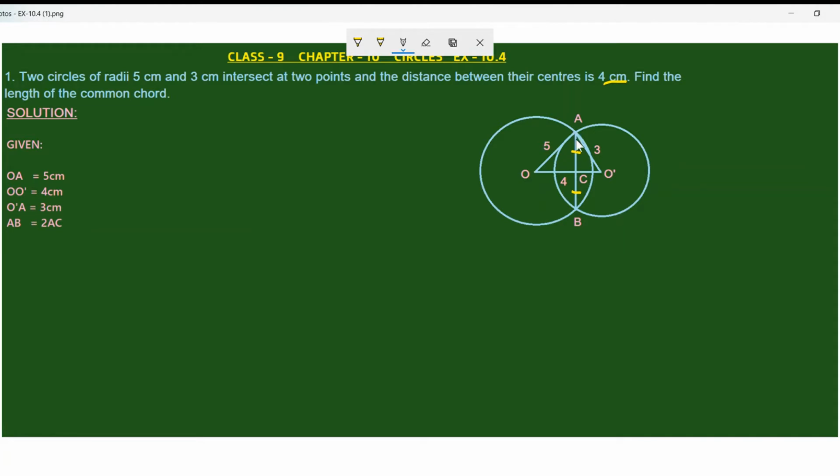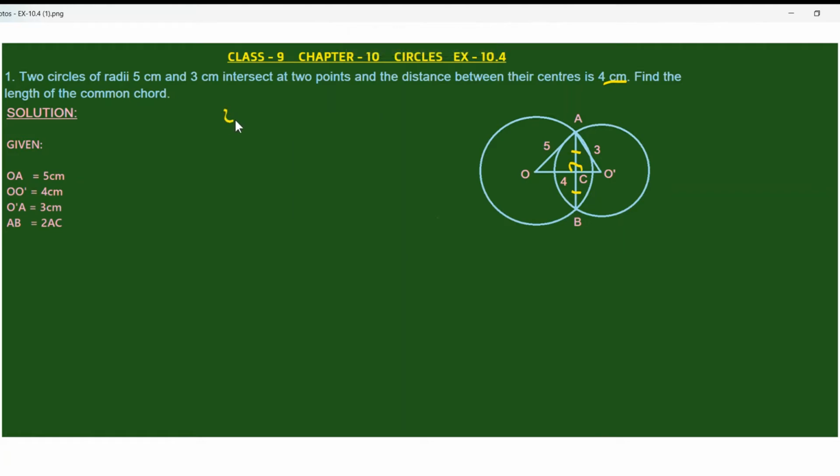So to find out AB, we need to find AC, because you can see this OC is perpendicular to AB, which means here it is a right angle, 90 degrees. So we know by using the hypotenuse formula we can find this line, because we know the base length and the hypotenuse length. By using these two lengths we can find this perpendicular height. Similarly, this whole base is 4 centimeters. So first we need to find out what is OC and what is CO prime.